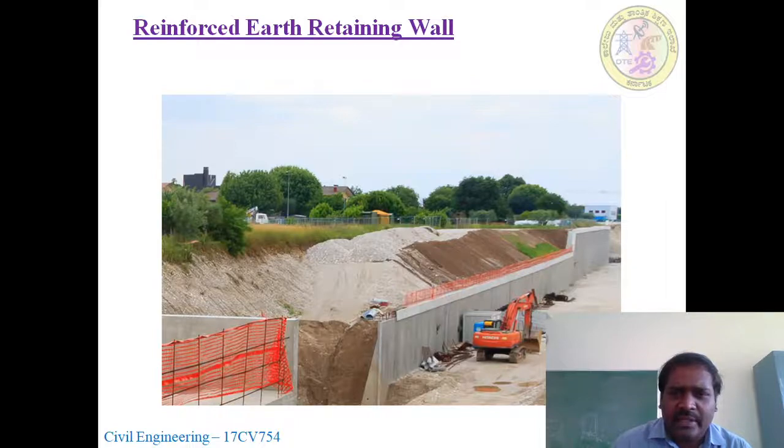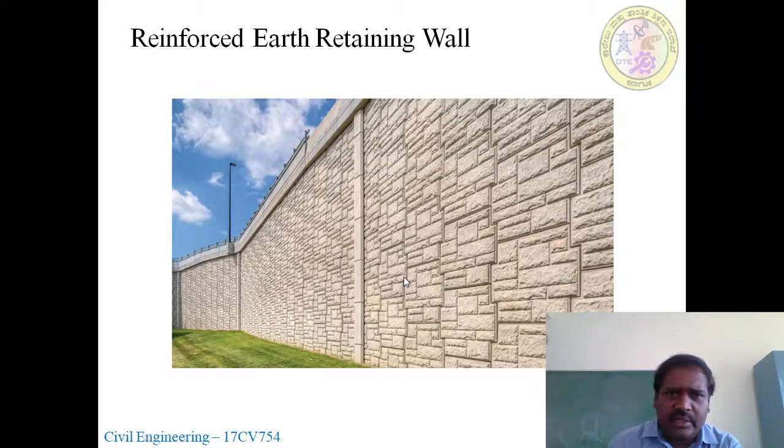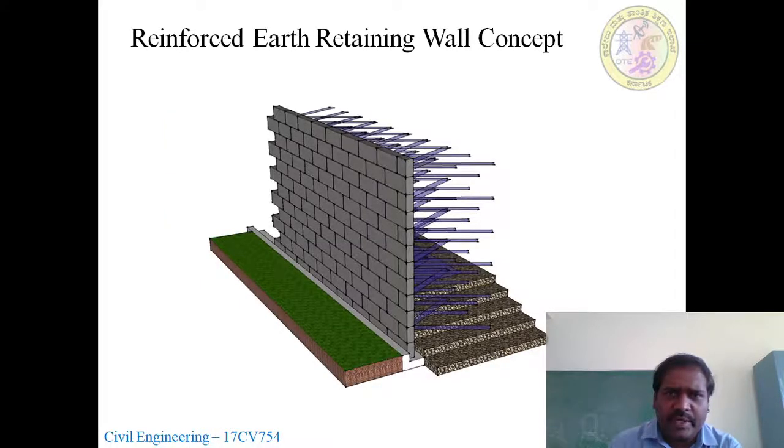This figure shows the soil reinforcement, and this will be a retaining wall. There will be compacted and reinforced earth, and this will be a retaining wall. The concept here is that we provide reinforcement strips within the soil mass to improve the soil bearing capacity and layer properties. And here we have to provide the wall.